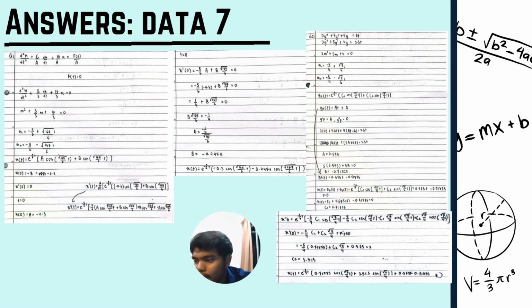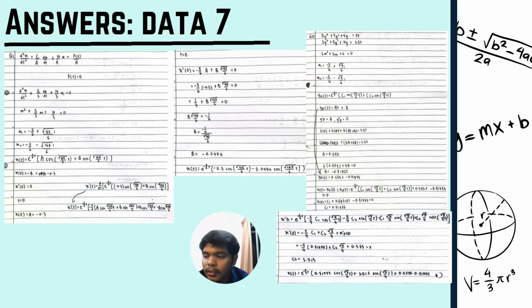So the y prime p is going to be a, and y double prime p is going to be 0. So just put it all in the equation, and then we're going to get a, which is 0.575. So put it back in the first equation, and then we can get b, which is negative 0.7175. So we put it all in the equation, and then t equals to 0, we're going to get c1 equals to 0.71875.